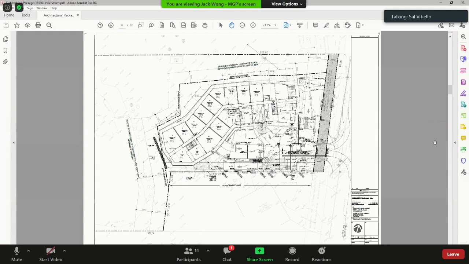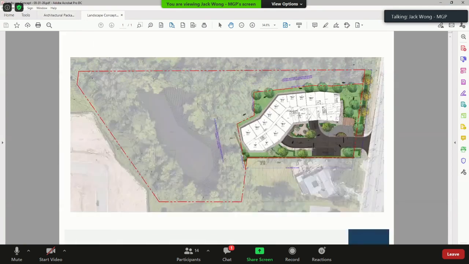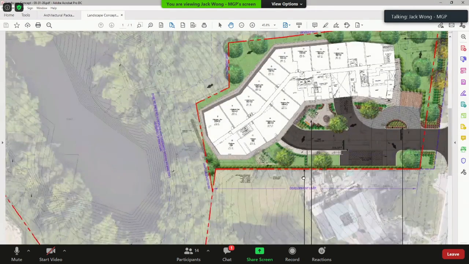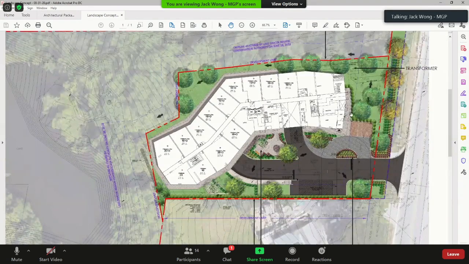Apologize for that. I'm just trying to calculate how much roughly it would be if I could just have 1 minute. Could we actually see it on the map as well through you, Mr. Mayor? So, Jack, if you have a landscape plan. That's exactly what I'm trying to put up here. So this is the color version of our proposed landscape plan. On the green, we have identified on this landscape plan essentially the outdoor amenity that we have shown in the architectural package.